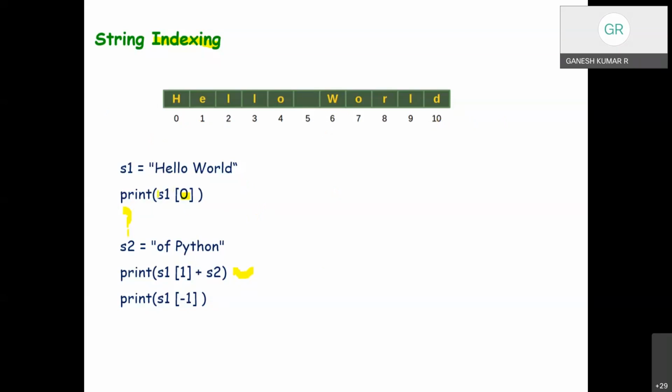So S1 of 0 is nothing but the H value. S1 of 1 is nothing but the E, plus S2, which is Python, so E of Python.